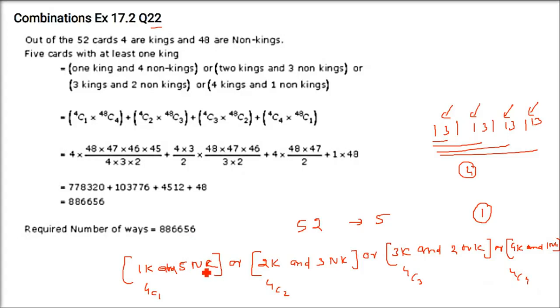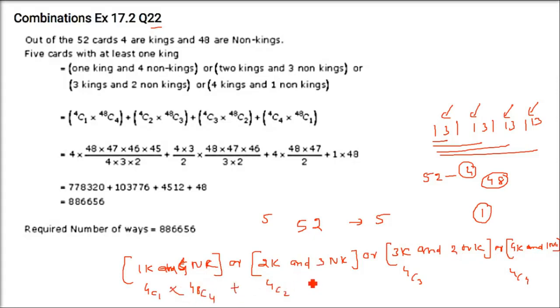Now we have 4 non-kings. This is not 5, this is 4 non-kings, right? King you cannot take, so you have non-king cards, that is 48 non-king cards. So it can be anything, like 10, 9, whatever, but only a king should not be there. So it will be 48C4. As I said, it is not 5, it is 4. So 48C4 you have to take, and then 48C3. So 48C4, let me write.